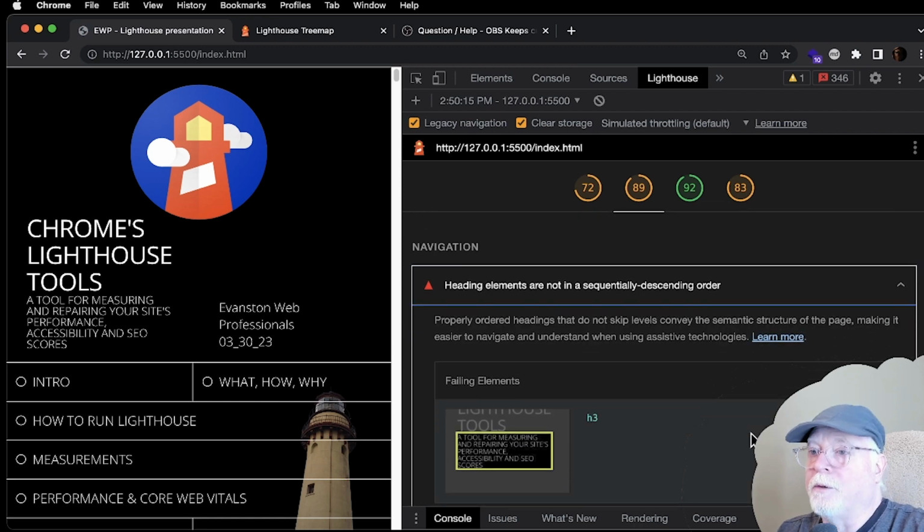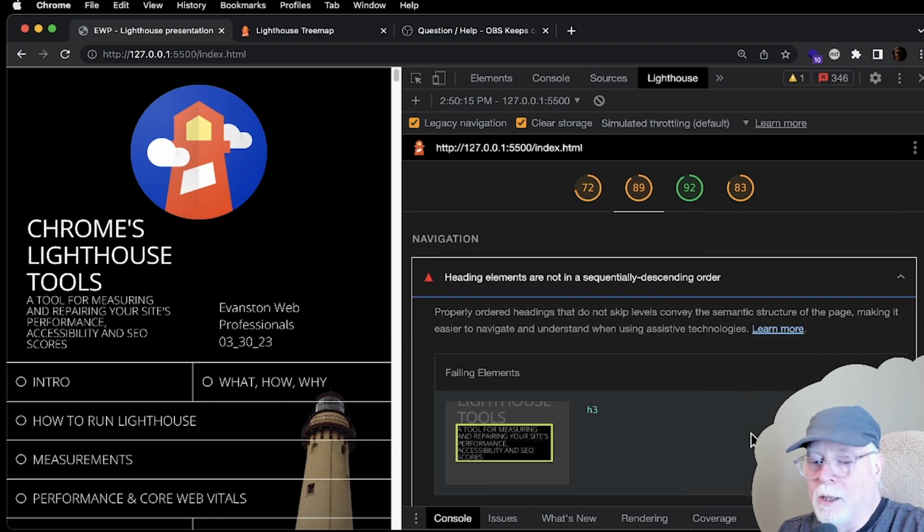I've also not set up my HTML correctly. My heading elements are not in the correct order. I've got an H1 and then H3. Oh man, what am I doing? So anyway, why is that a big deal? Well, for